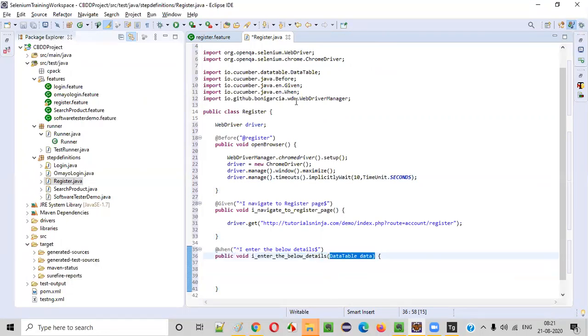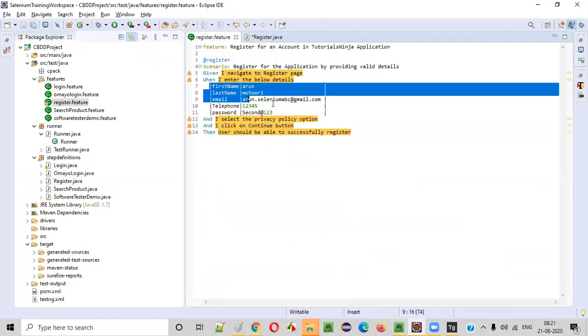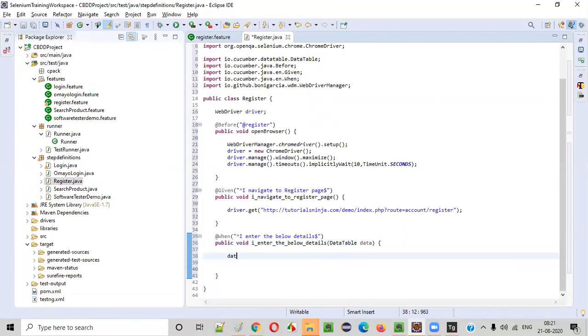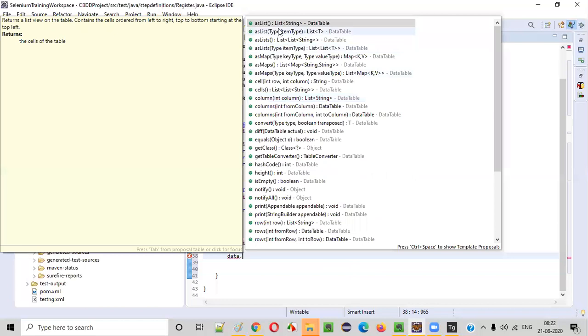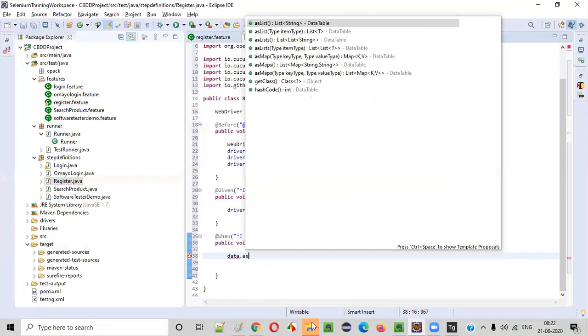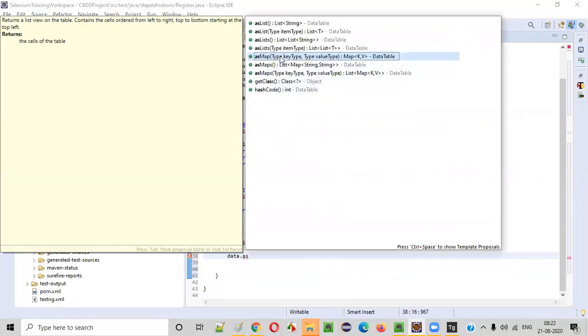We have to get all this data into this data table. Now data dot, you see, you can convert this into something. You can convert this into a map. You remember the maps in Java, right? You have to convert this data using asMap.